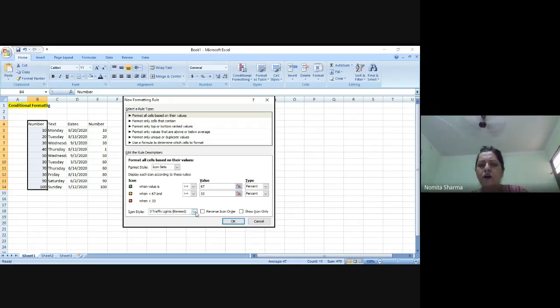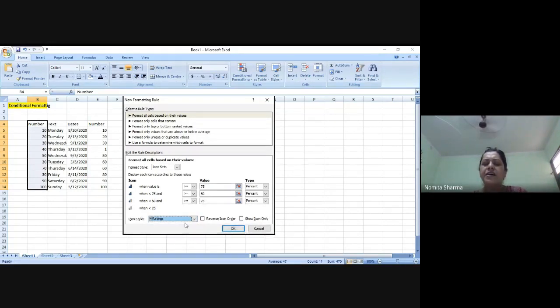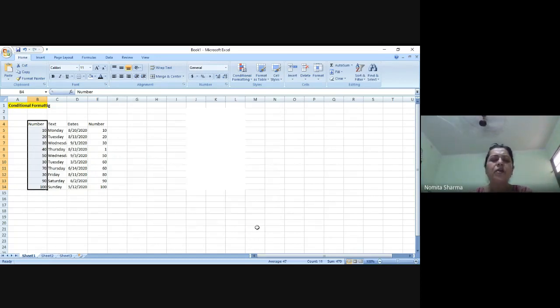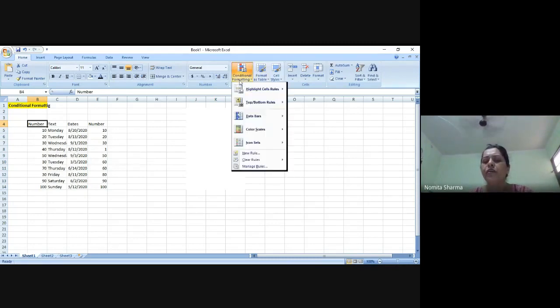Now, if I use the other options, like, say, ratings, so you will have these signal ratings defining the value as if it is only 100. So automatically it will be 75, 50, 25 and less than 25. So the full signal will be shown when the value is more than or equal to 75. And accordingly, between 75 and 50, 50 and 25, or less than 25. So you can just play around with these options and work with the data and make your data set more visually attractive with this conditional formatting.